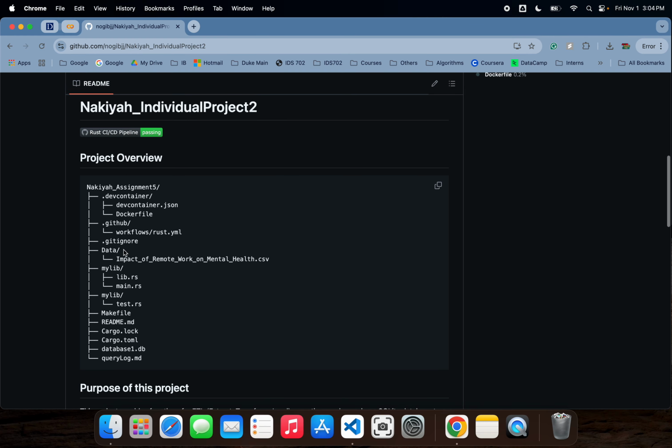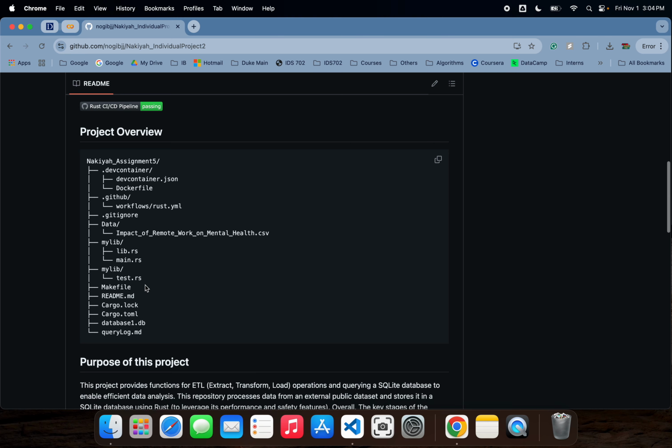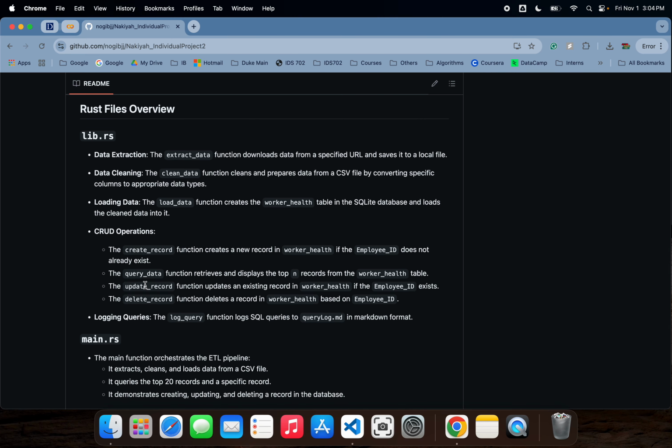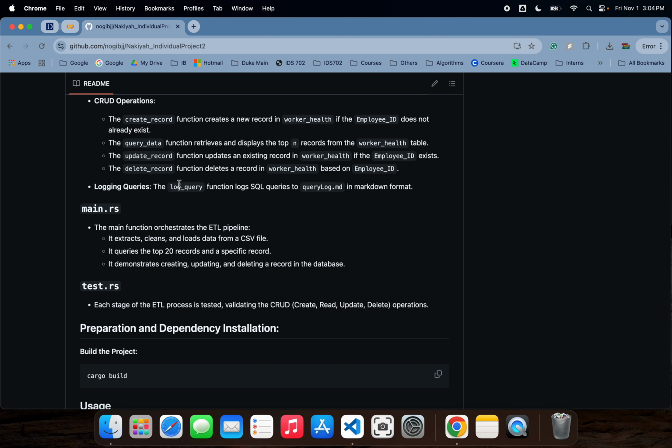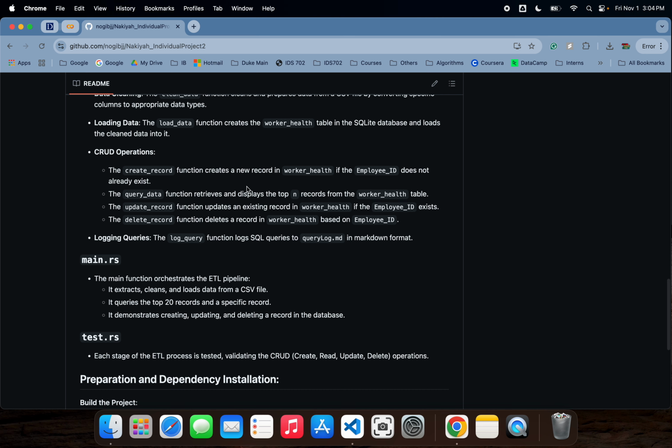My repository contains a folder called mylib, which has two main files, lib.rs and main.rs, wherein my lib.rs contains the functions that are required. My lib.rs consists of all of these functions such as extract data, clean data, load data, and the CRUD operations for SQL querying. The log query essentially logs all of my SQL queries into the query log.md, which I will show you in a bit. Then my main.rs essentially calls all of the functions from lib.rs and orchestrates the ETL pipeline,